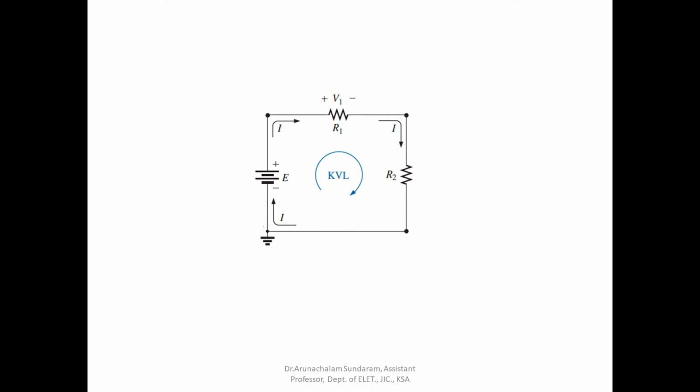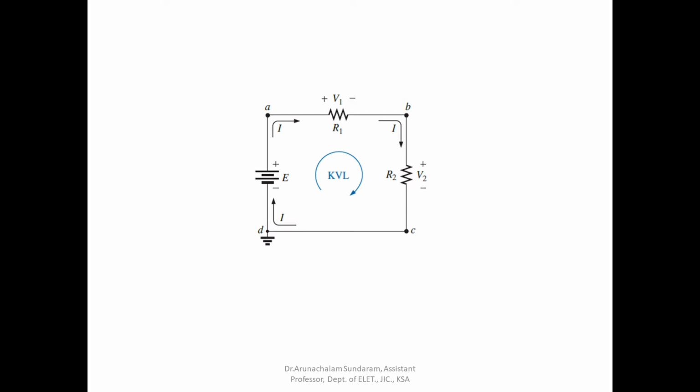So this point becomes plus and this point becomes minus. The voltage across this resistance, I am calling it V1. So here I am marking the polarity. I already explained how to mark the polarity. So this point becomes positive and this point becomes negative. Now all the three elements have their polarities marked. The next thing is we have to start at A and go to node B, then to node C, then node D, and again come back to node A.